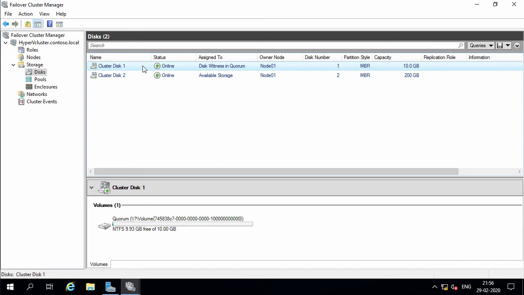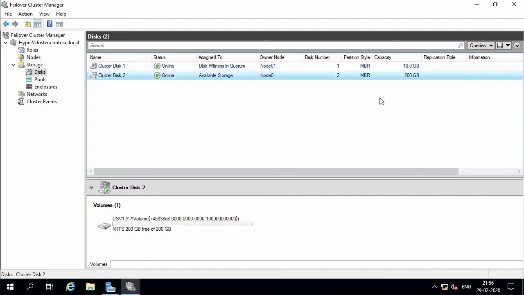Cluster disk 1 of 10 GB is already being used as a quorum disk. This can be verified under the assigned to column where cluster disk 1 is listed as disk witness quorum, and cluster disk 2 of size 200 GB is listed as available storage, which will be later used for cluster shared volume.